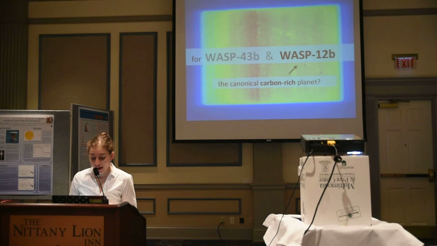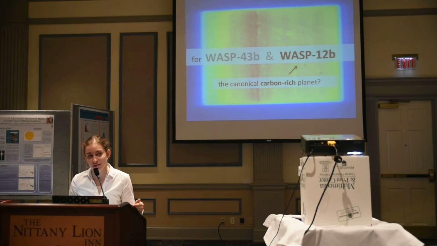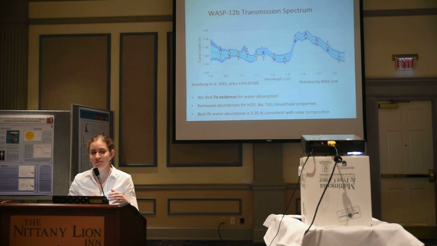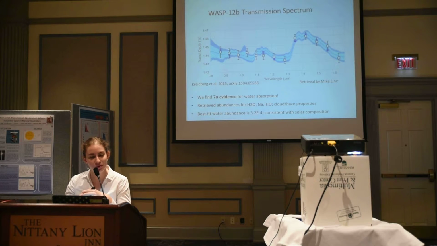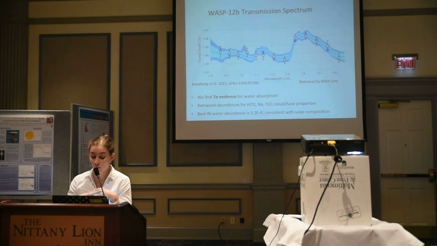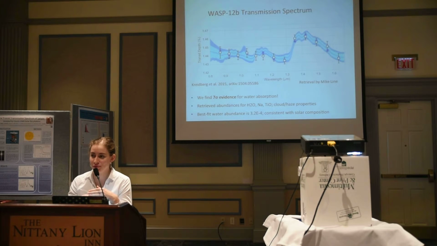And so I decided to take a different approach to studying the planet. All these previous results were based on the planet's emission spectrum. And so what I did was to measure a very precise transmission spectrum for the planet, which I'm showing here. And you can see, just like for WASP-43b, we see a very, very clear water feature at 1.4 microns. This is 7 sigma evidence for water absorption, and we have uniquely identified water as the dominant absorbing species. And this was very surprising to us,